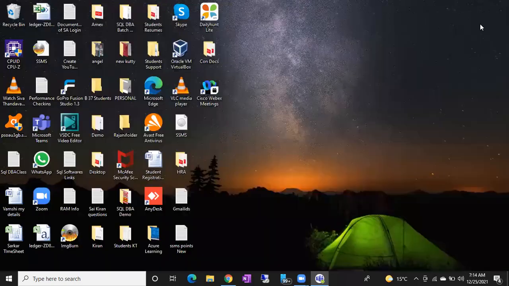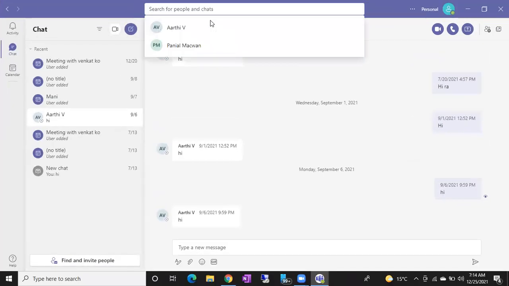If you want to chat with any other person, you simply type the person's name in the organization. Say for example, you want to contact a user. User names and all will be there. For example, some users are already connected to virtual machines. Now you want to take their session, their remote session.